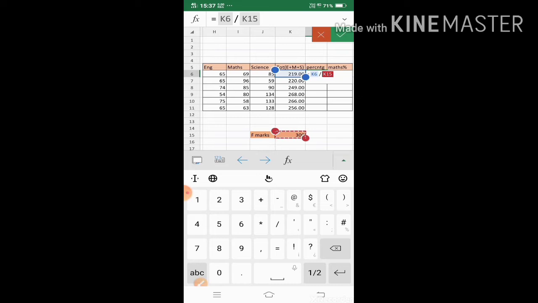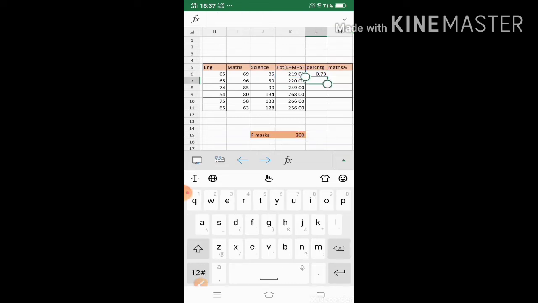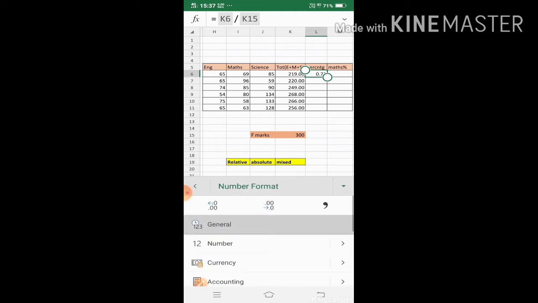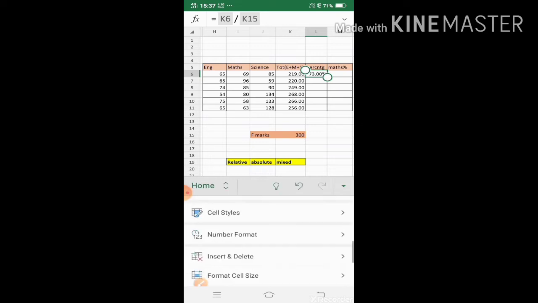Then enter. See here 0.73, but I have to convert it into percentage style. So I go to the Home tab, then in the Number group there is the number format, and I select percentage. See here, 73%.